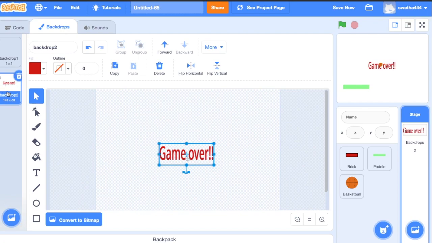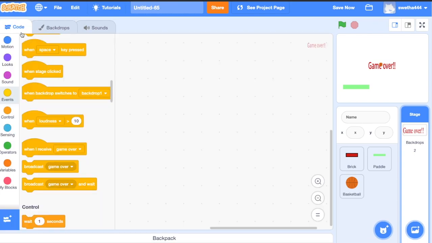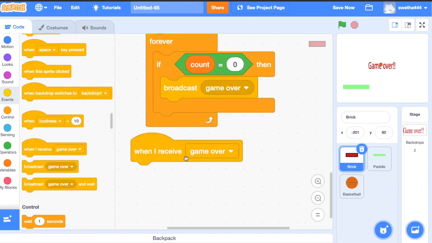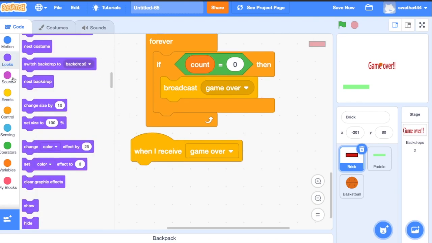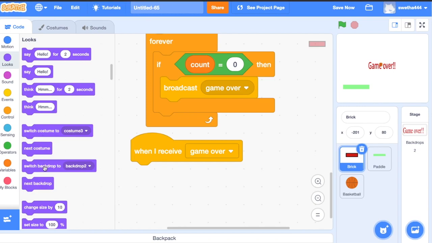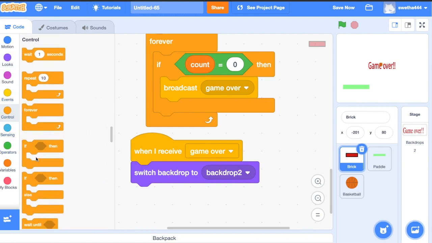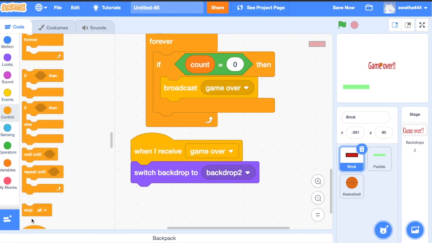This is backdrop 2. Click on code, click on events, when I receive game over, click on looks, switch backdrop to backdrop 2, and click on control, stop all. Game is done.